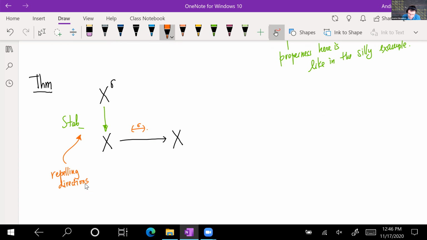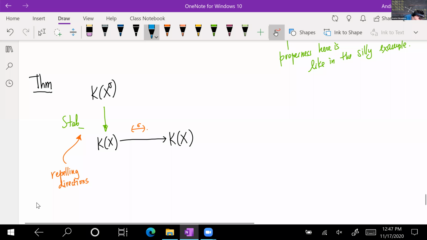And also the stable envelope in K-theory depends, so maybe I'll restore K-theory. So this takes the repelling directions here, and the K-theoretic stable envelope also depends